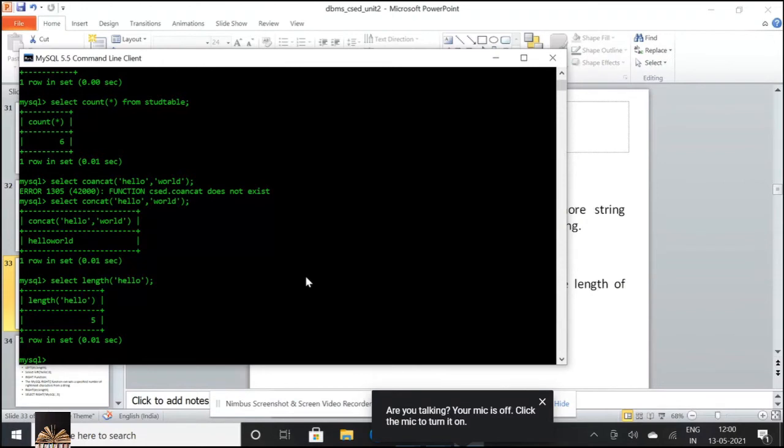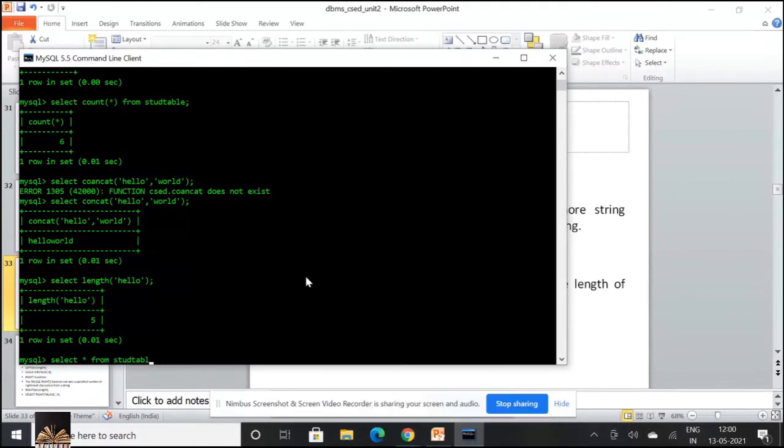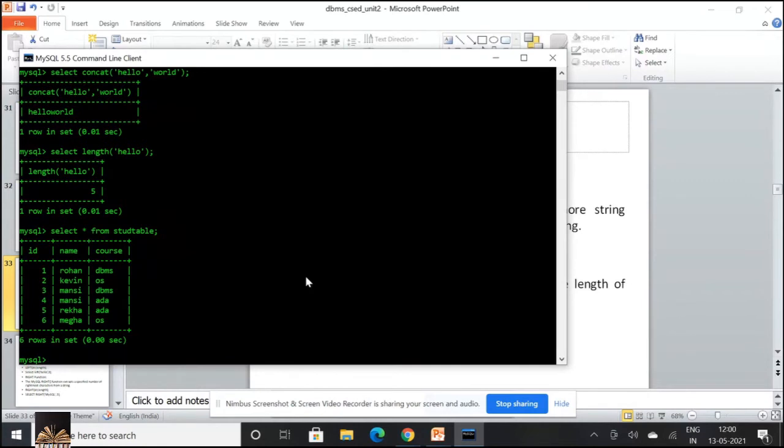Now I have a table. SELECT star FROM stud table. Here what I'll do: SELECT LENGTH of name FROM stud table.